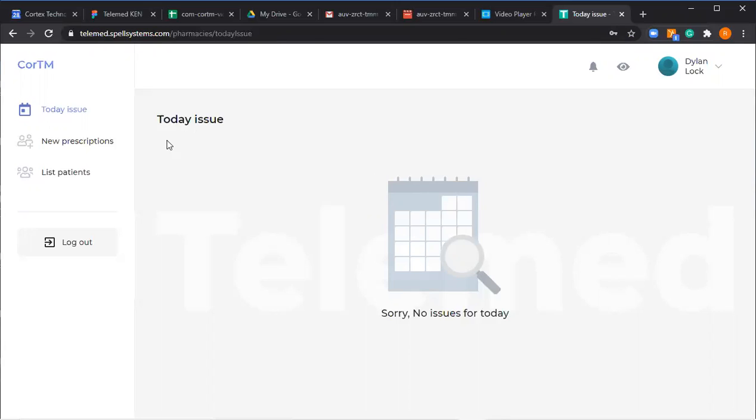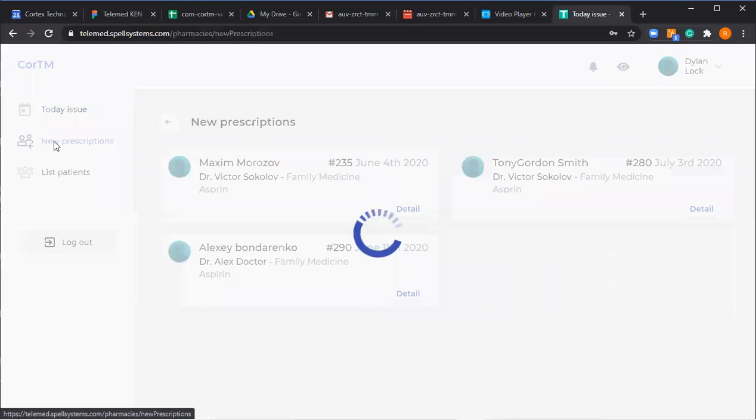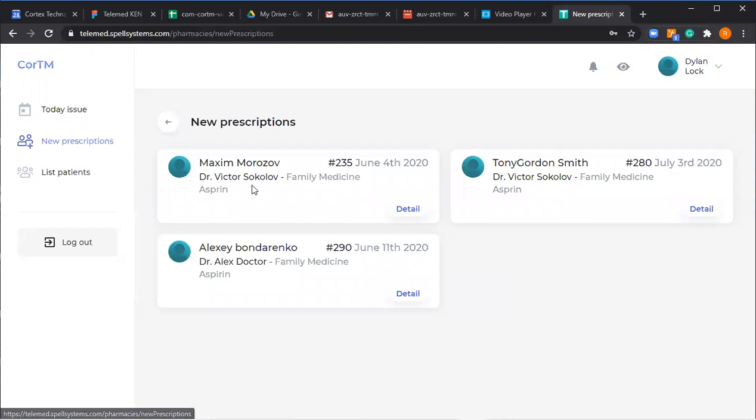But how do the prescriptions work? Well, if we go to new prescriptions, then we'll see that here we have 3 patients, and we have the doctor that prescribed the medication directly underneath the name of the patient. If we want to know more about them, we click on detail,